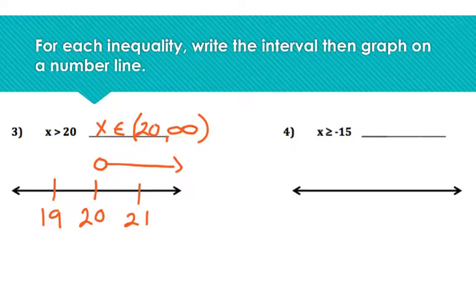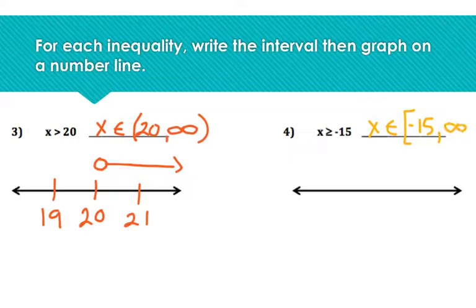Number 4, x is greater than or equal to -15. So we have x is an element. Notice it's greater than, so the smallest value would be -15. But it's greater than or equal to, so we're going to make sure we put a bracket here, going up